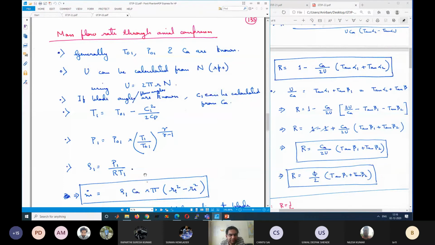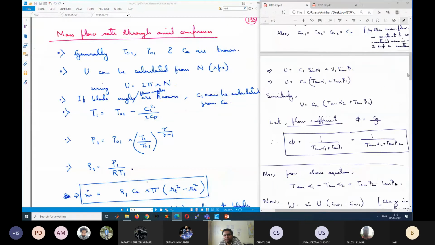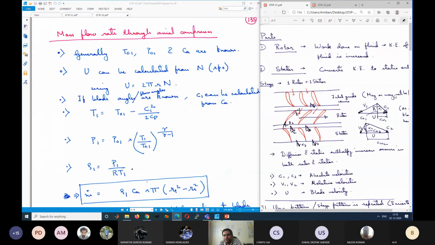Okay, C_A can be calculated even if it is not given, from other parameters, or some information will be given from which C1 can be calculated. So some relation will be known, because everything cannot be unknown. Either alpha 1 or C1, something will be known. If C_A and alpha 1 are known, you can calculate C1 from the velocity diagram. If C1 and alpha 1 are known, you can calculate C_A from the velocity diagram. Remember, C_A is C1 cos alpha 1.